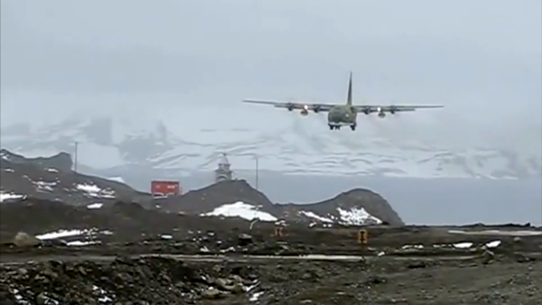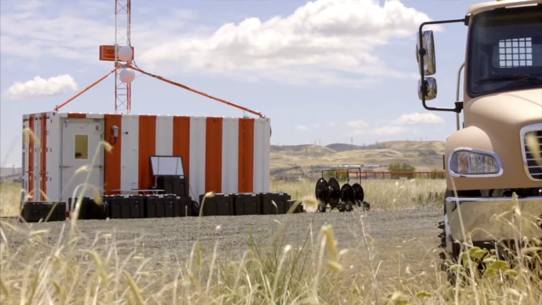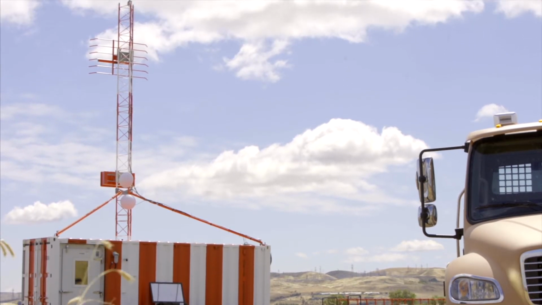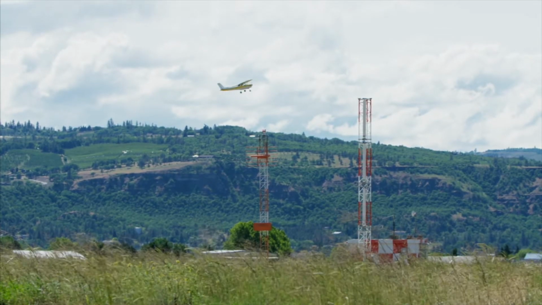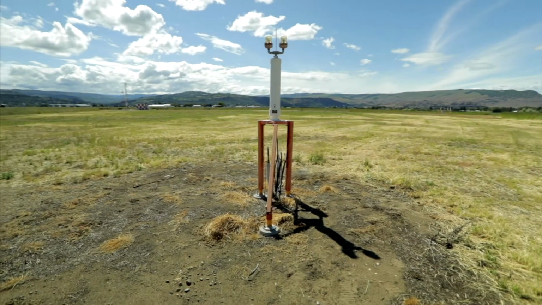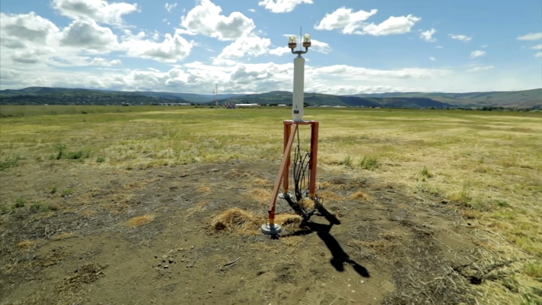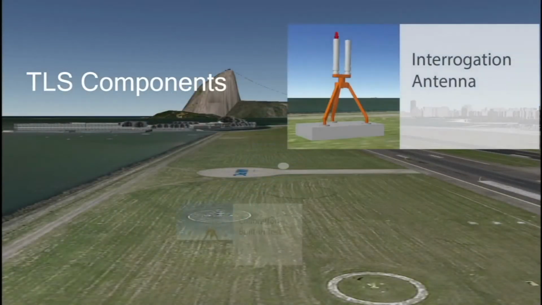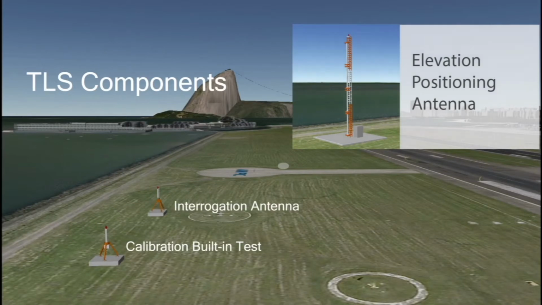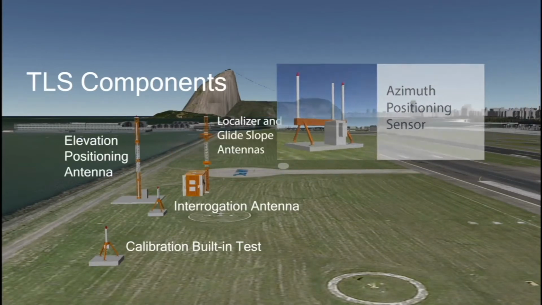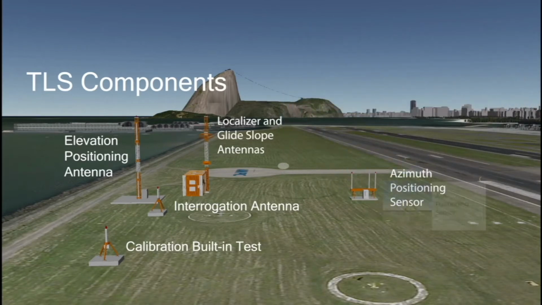simply cannot be installed. In contrast, the TLS provides dynamic guidance to ILS receivers in the cockpit based on an aircraft's precise location in real time, and which is independent of a transmitting antenna's location and is insensitive to terrain and obstacles around the airport. All TLS components can be located on a small footprint behind the runway threshold in any airport environment. From an operational and a pilot perspective, the TLS approach is identical to a common ILS but can be installed